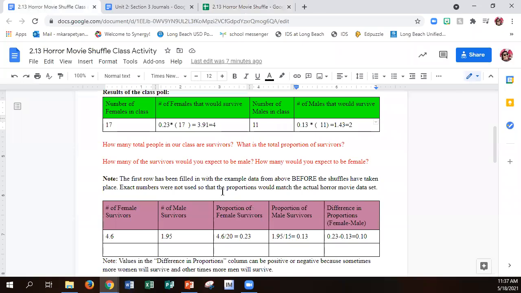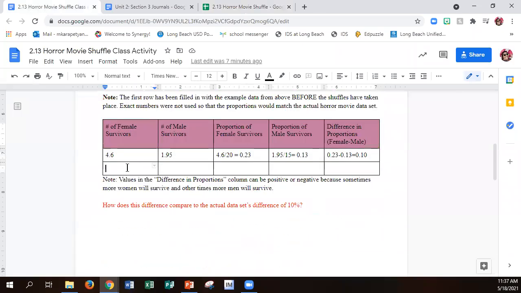So what we're going to do now is come over here in our chart and put that we had 2 female survivors and 4 male survivors. And we're going to calculate the proportion. The way we're going to calculate it is 2 divided by 17, because we had 17 total females. 2 divided by 17